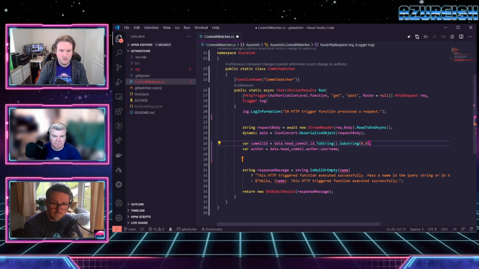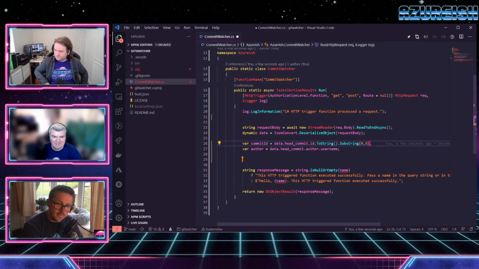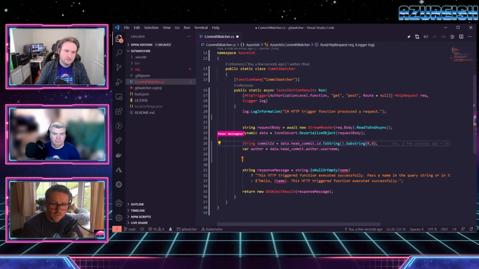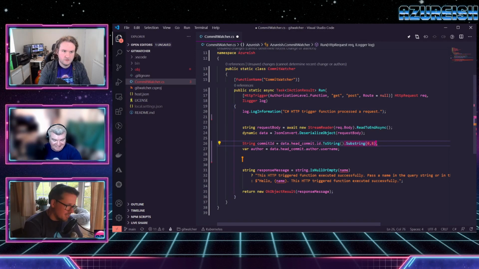Where's the IntelliSense gone? That's a good question. You're on a dynamic object. There is no IntelliSense, of course. Good point. If we change that to a string, does that give you the IntelliSense after that? No, it won't, because we don't have the object, do we? And that's the thing. Oh yeah, you're right. But the fact we've got ToString though should be giving you IntelliSense for strings, surely.